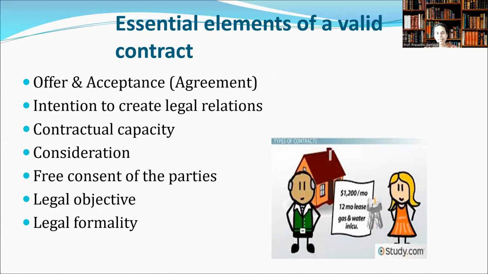And also the last one, legal formality. Normally we can make contracts orally, in writing, or over the phone. But there are certain situations where, if you want to make the contract a valid one, you definitely have to follow the formalities. For example, if you gave money to someone as a loan, you have to have a document to prove it. You have to get a promissory note from the debtor, saying that I obtained this much money and I have given a promise to repay by the middle of next month.